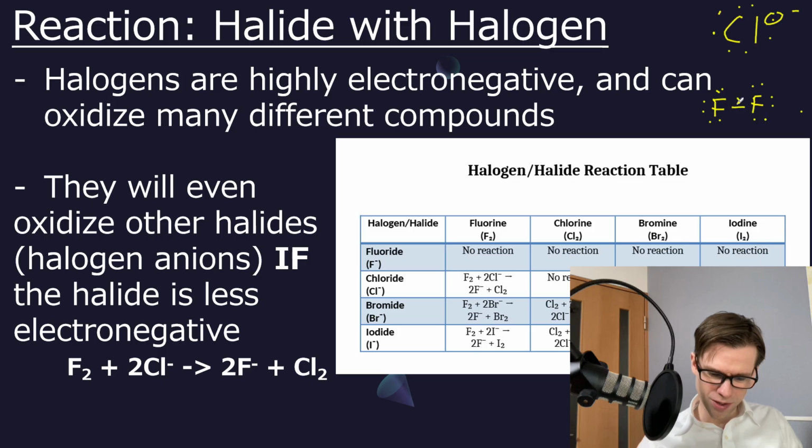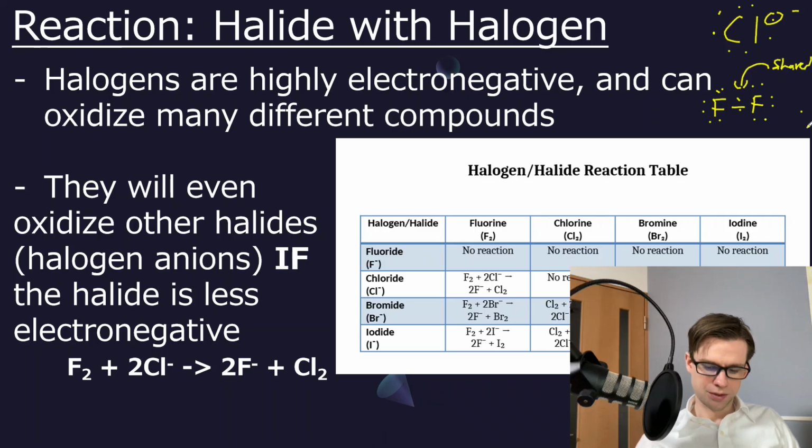So there's a pair of electrons here in the middle that completes both of their octets, but this is shared and not owned by each one. So it's not actually very stable. So shared instead of owned in F2 means that when F2 collides with Cl minus, it will reverse these roles.